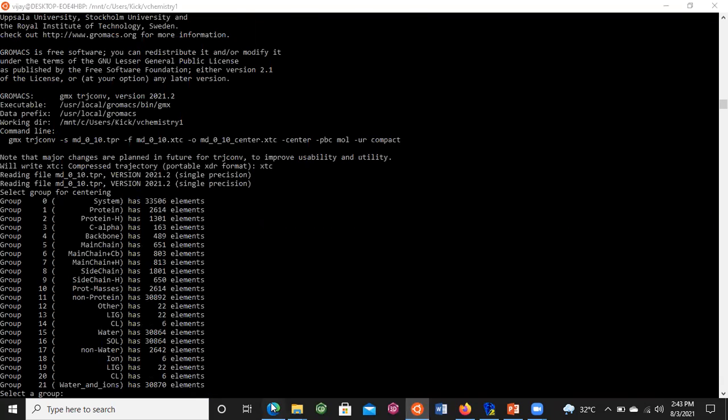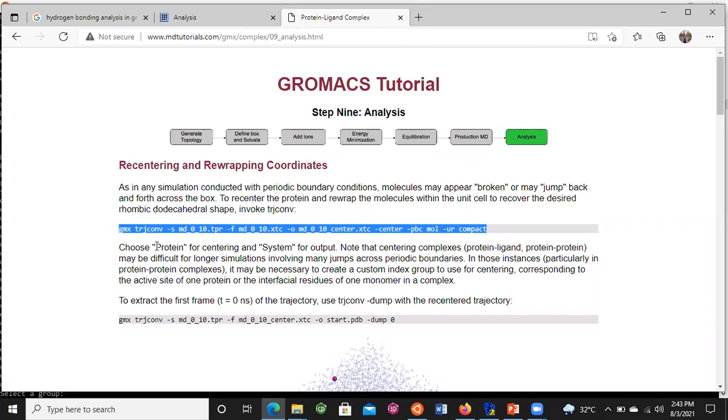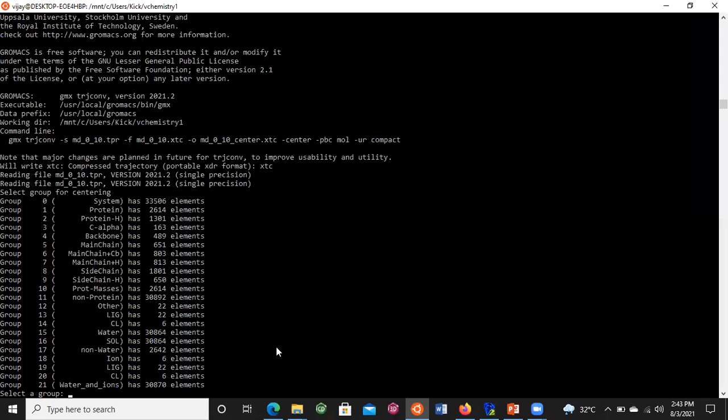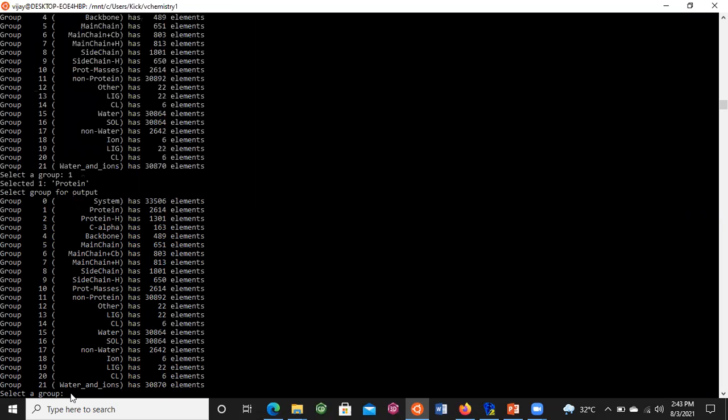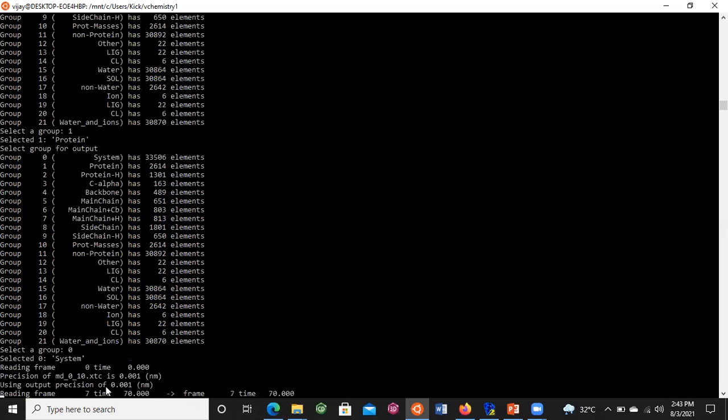We have to choose protein for centering and system for the output. Since the protein is at first place, here I am writing 1 for protein, press enter and again wait. Now it is asking for the group for output. So we have to choose the output group as system. So type 0 and hit enter.